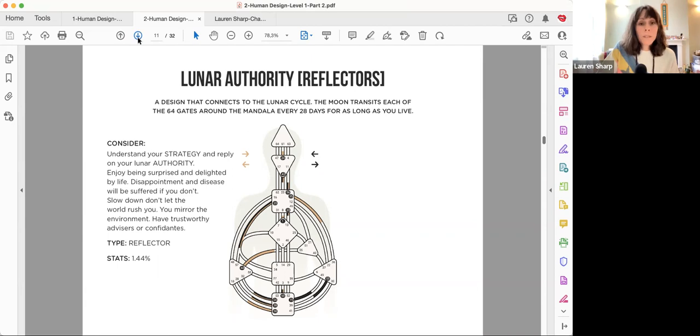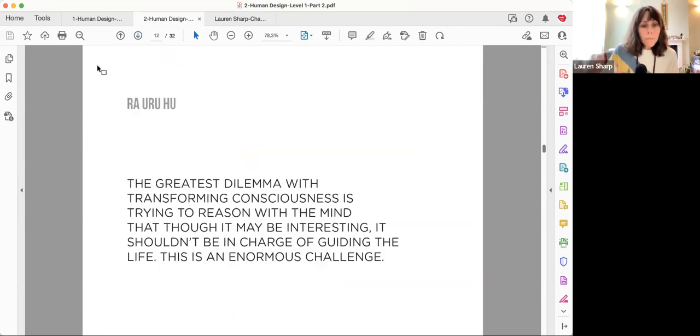So just to go to a quote from Ra, saying that when we are transforming our consciousness, what we're doing here is looking at our software and saying, hey, this is how software works, and this is how this program is going to structure. And then the mind comes in and tries to reason it and make it confusing. And then it's like, no, but wait, I'm supposed to be in charge. I'm making all these decisions. And then that becomes the challenge.